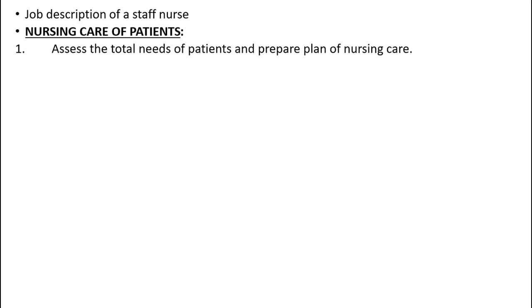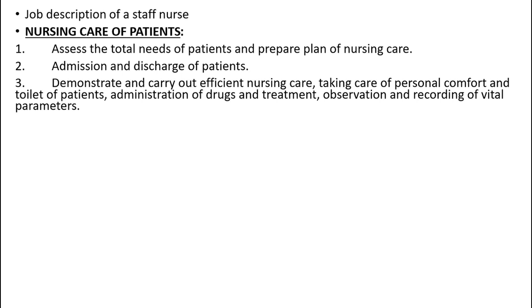Job description of a staff nurse. It's divided under three headings. First is nursing care of the patients. First one, assess the total needs of the patients, prepare the plan of nursing care, admission and discharge of patients, demonstrate and carry out efficient nursing care, taking care of personal comfort and toilet of patients, administration of drugs and treatment,